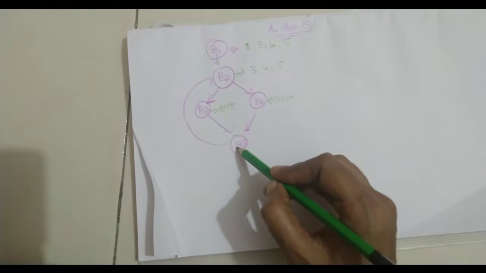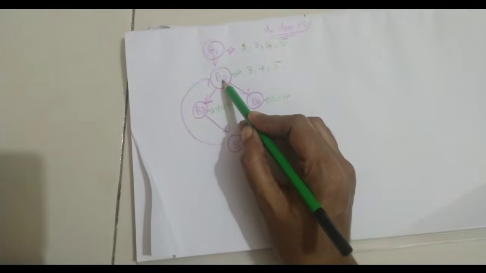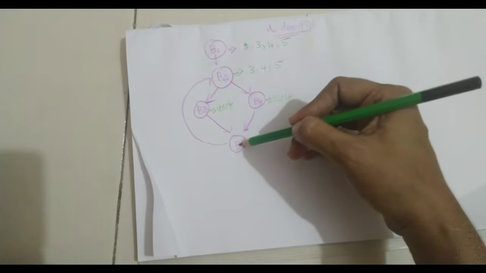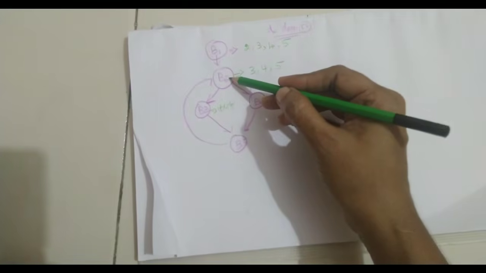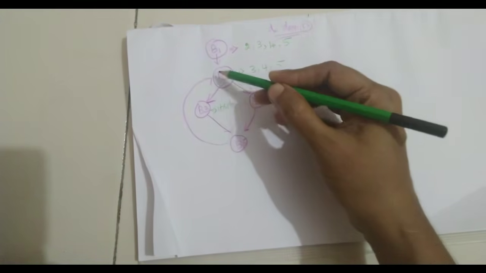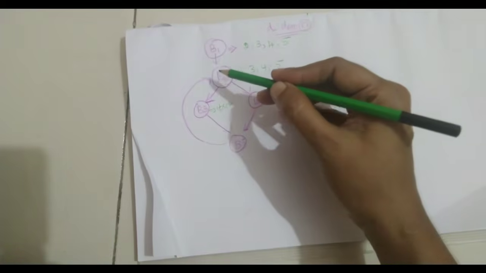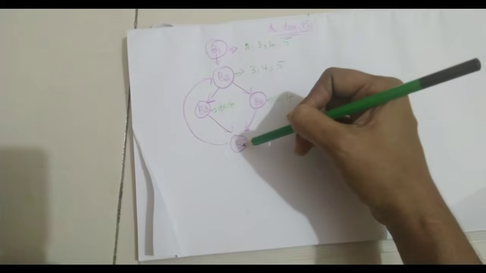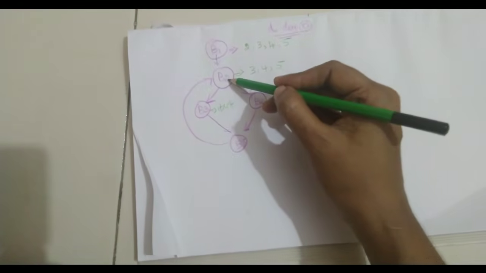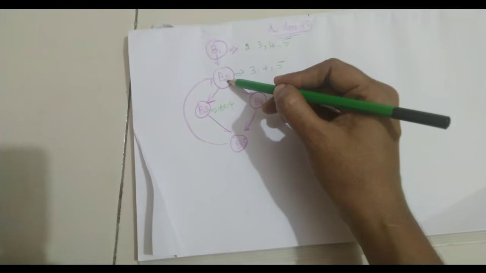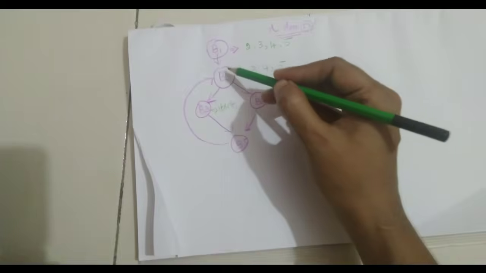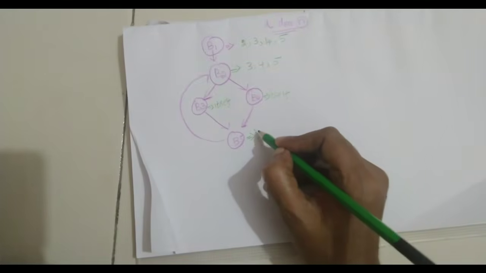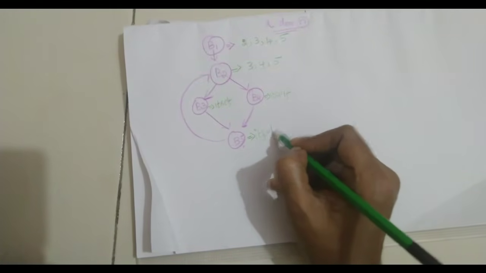And next B5. From B5 you are reaching B2. So can we say B5 is a dominator? No, because where does the flow go? B5 to B2. If we take B5 as a dominator for B2, it means that for reaching B2 there is only one way, through B5 alone. That is not correct, because B2 can be reached from B1. Hence B5 is not a dominator of other nodes, and it is a dominator by itself.